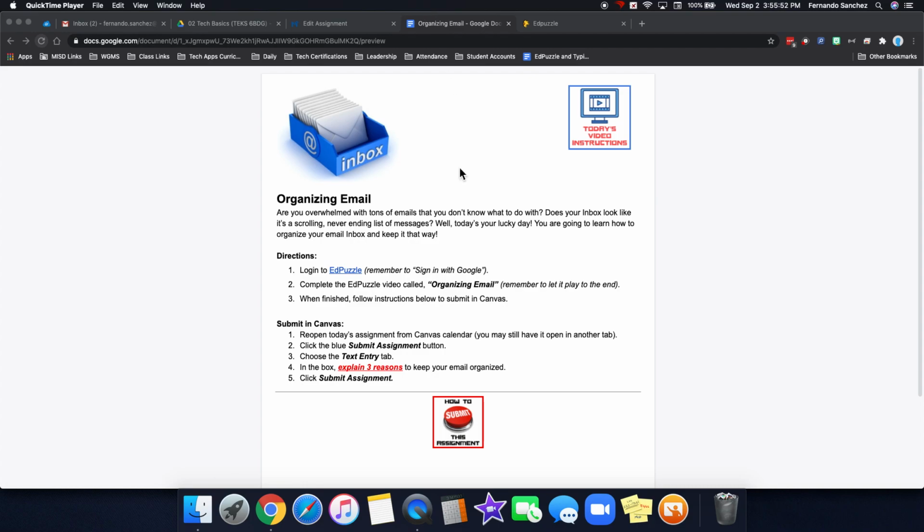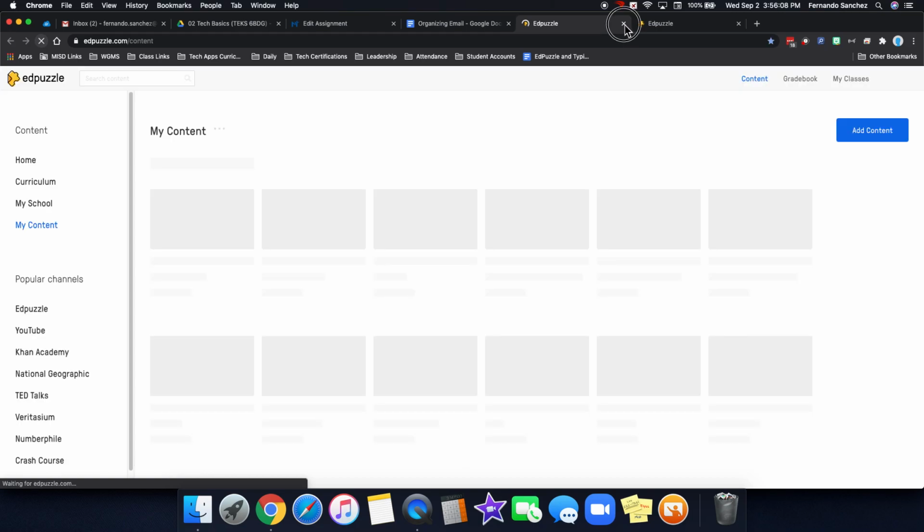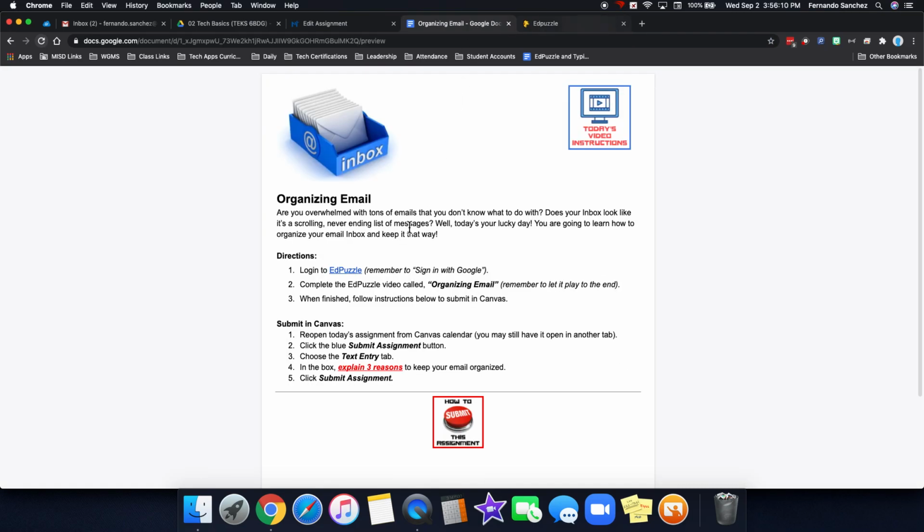All right, guys, so today is fairly simple because Edpuzzle is going to take you through the whole process. So all you have to do today is log into Edpuzzle. You can click this link right here and it'll open Edpuzzle in a new tab. You should probably already be logged in from a previous time, but if not, make sure you choose sign in with Google. Once you do, look for the Edpuzzle on your page called Organizing Email, and complete